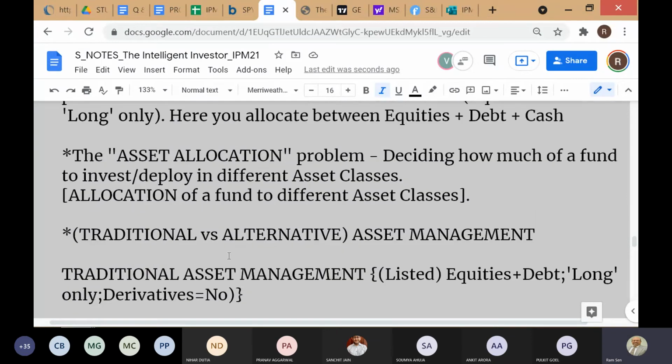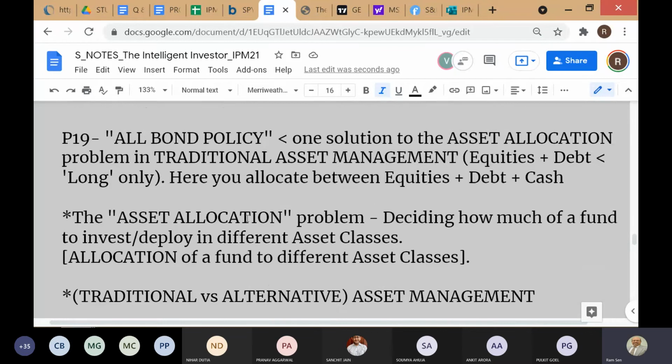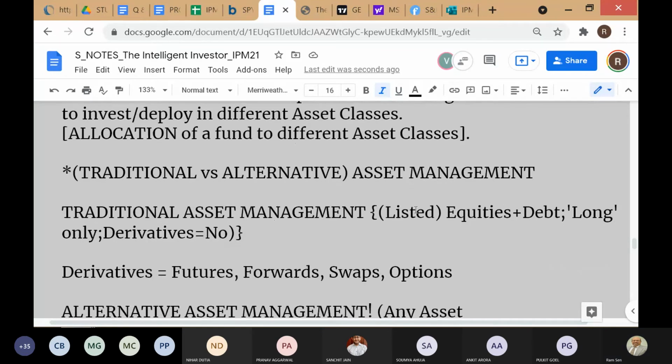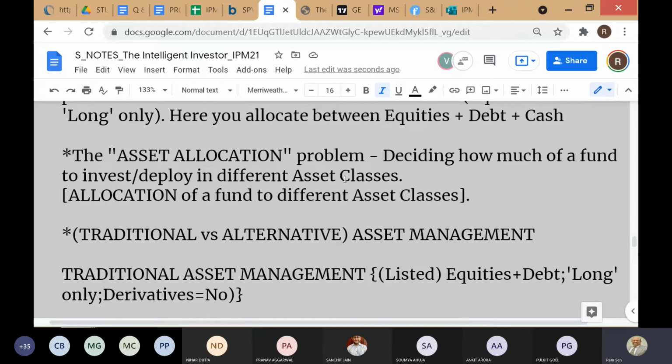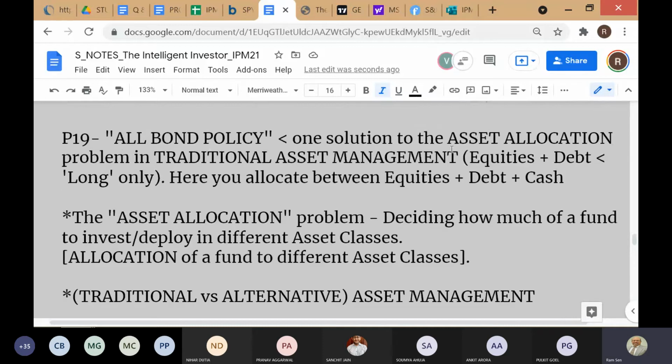Okay, so remember that. And so the asset allocation problem. Obviously, because the range of asset classes that you can invest in is different between AM and TAM, when you are discussing the asset allocation problem in TAM, you will only be discussing it in terms of equities, debt, and cash. And loosely, the term that is used in the industry, nobody uses terms like this because